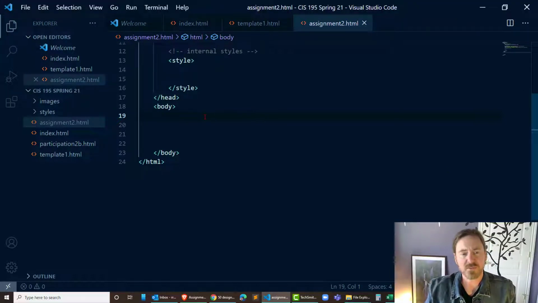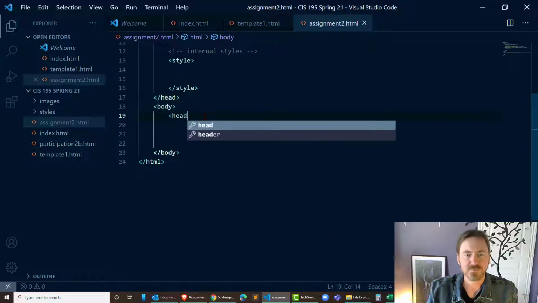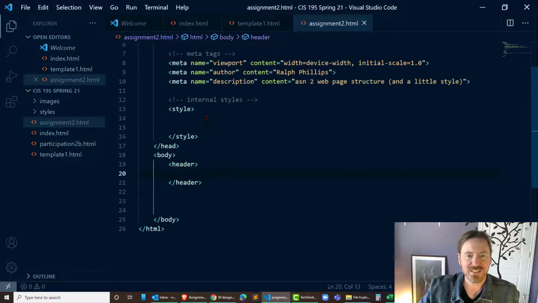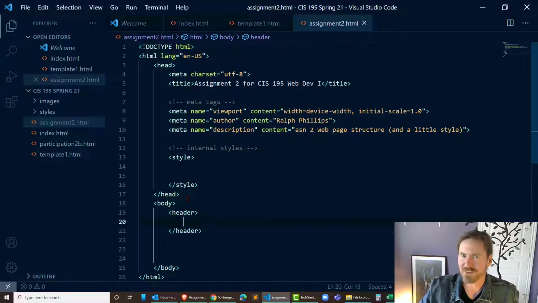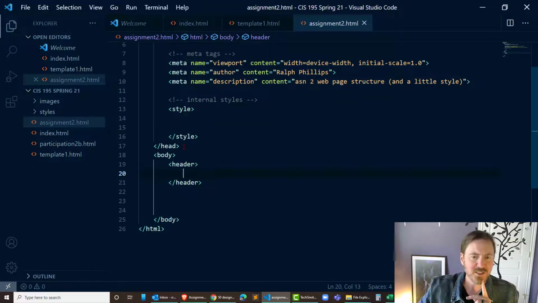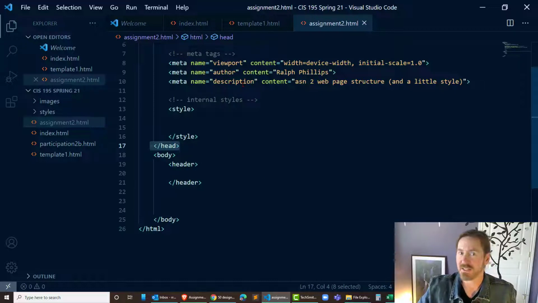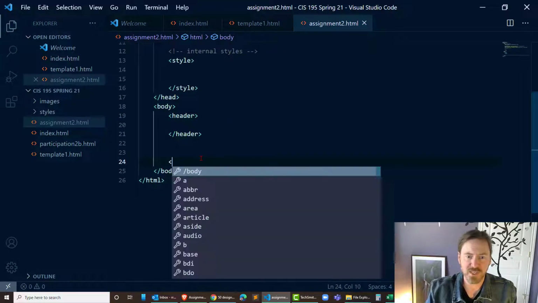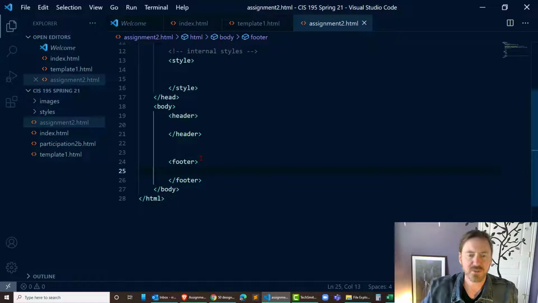So I'm going to start to mark up the body of this page into key parts. I'm going to have a header. The header is different than the head section. It's very confusing, I'm sure. But yeah, the head section goes above the body and it contains things like meta tags and the title of our page. The header kind of corresponds to a footer,